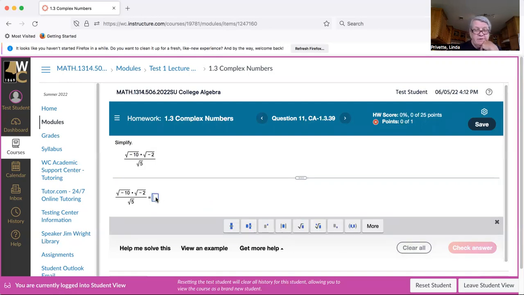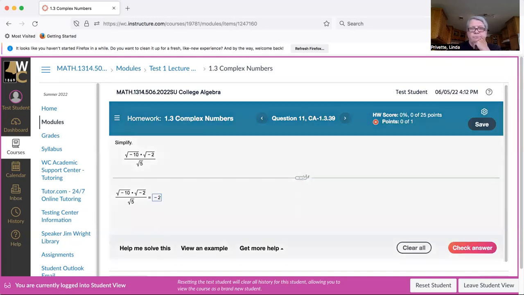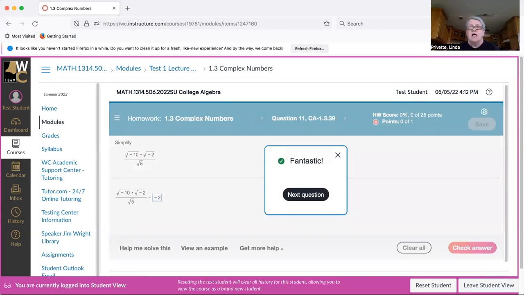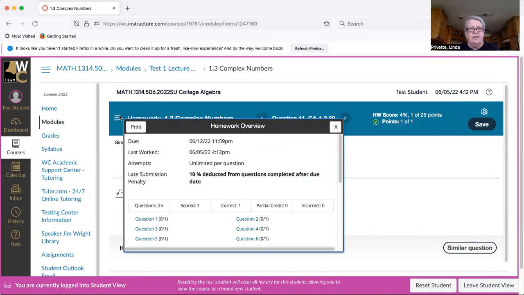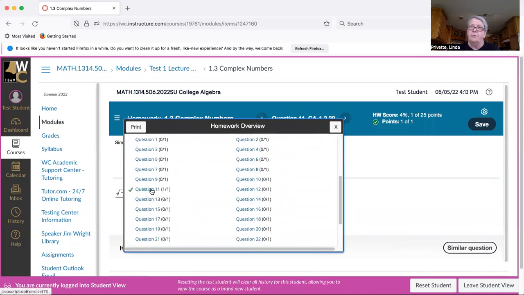So let's see if I can figure out what this is. And then voila, I got it correct this time. Okay, and so let's look up here. And on that question, it has counted it correct for me. Okay, so once again,